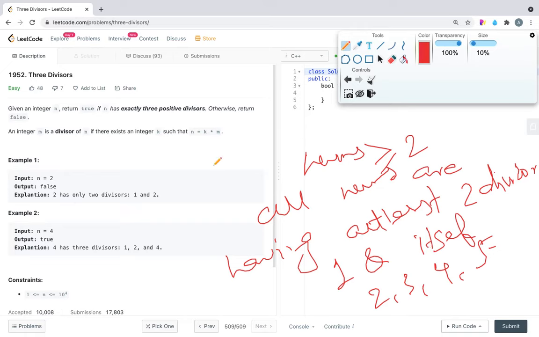So these two, 1 and itself, are fixed divisors for any number greater than or equal to 2. And now we have the option to get only one more divisor.